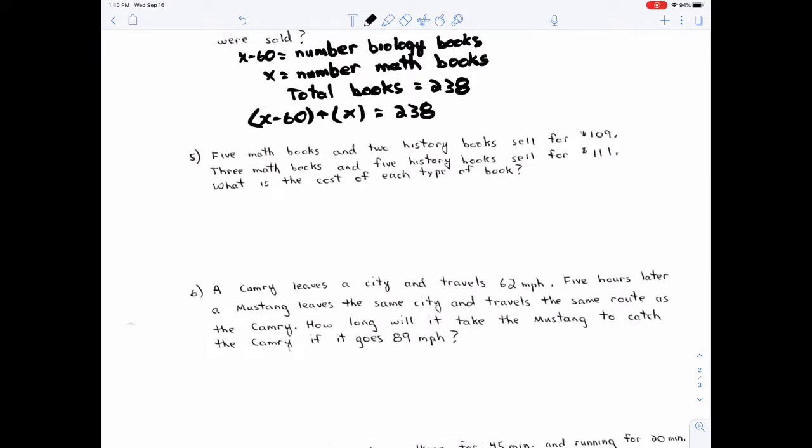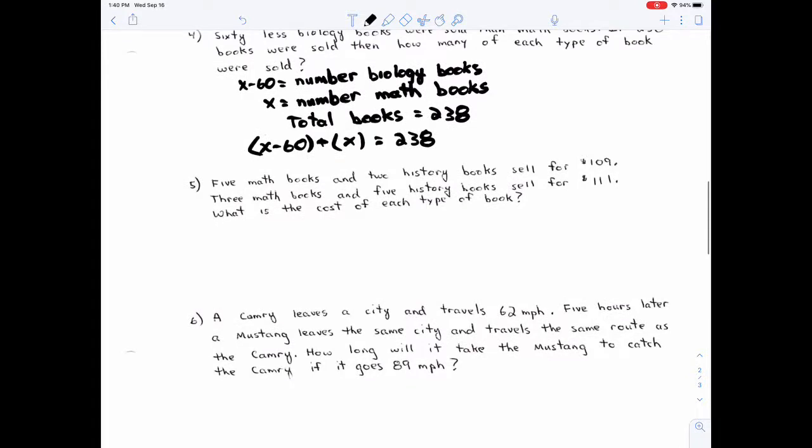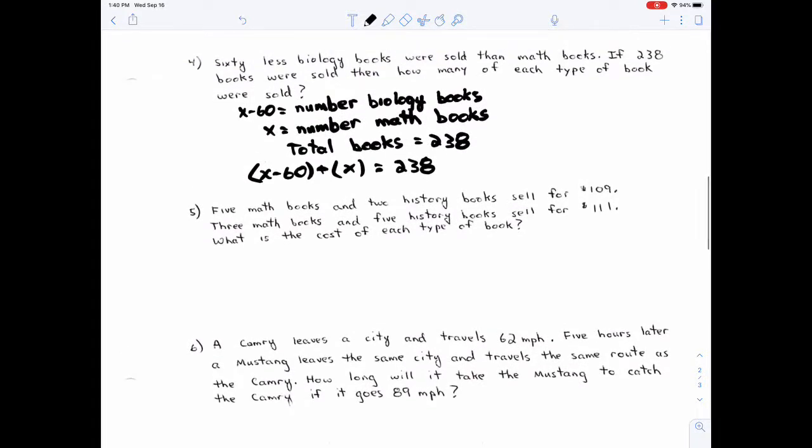Cost of each type of math book. Notice, don't just put, like on number 4, biology books and math books, or on number 5, history books and math books, because I'm asking for different things. In number 4, I'm asking for the number of books. And number 5, I'm asking for the cost of one. Okay? So we have the cost